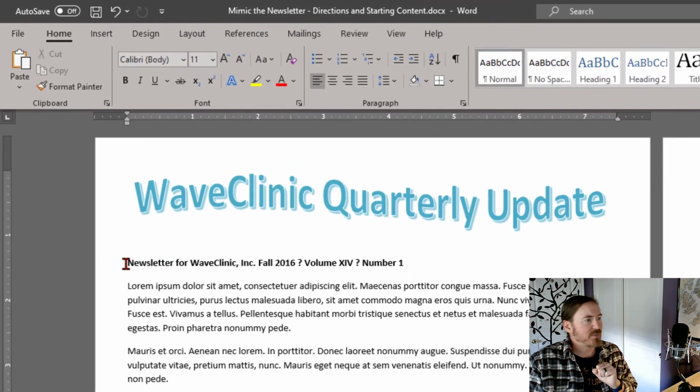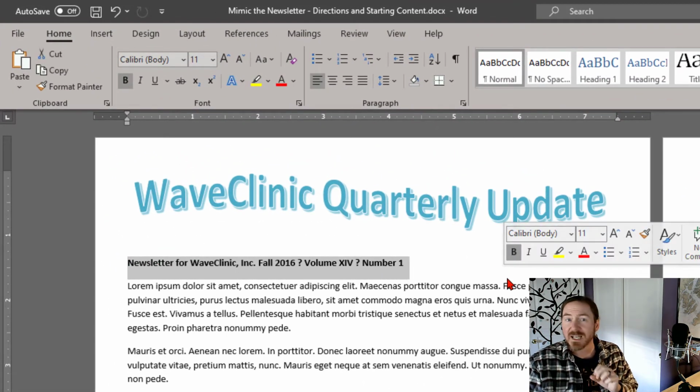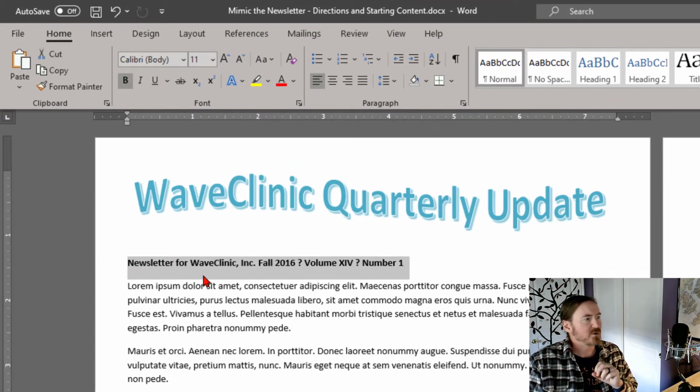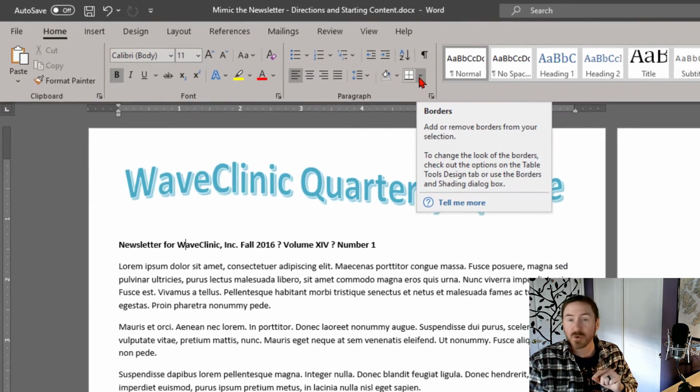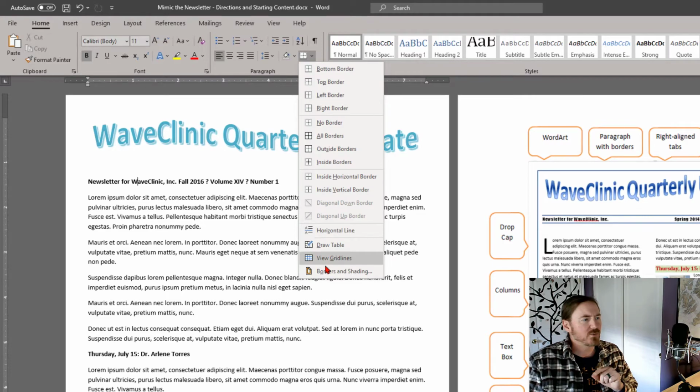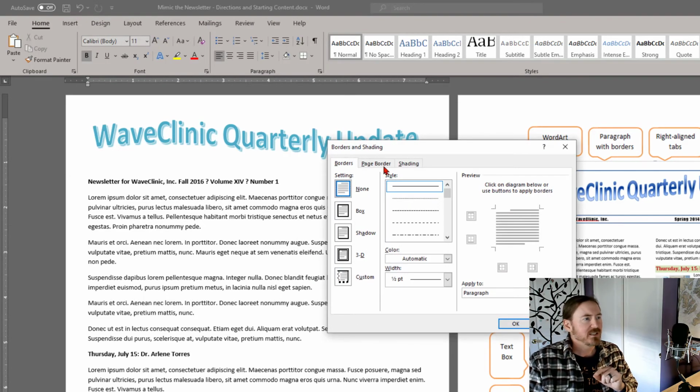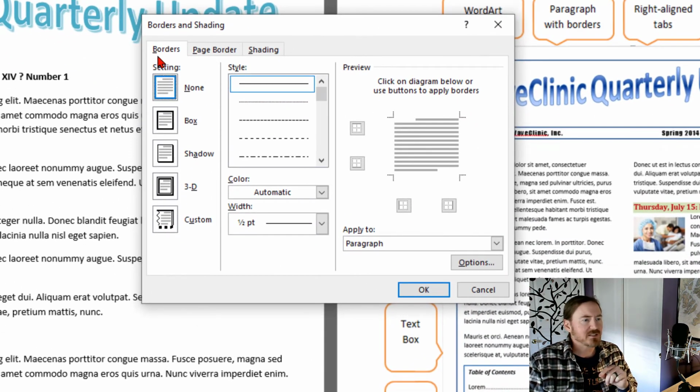And here's my paragraph, and I want to put a top and bottom border on it. So I don't technically need to select a paragraph. I could just click anywhere in the paragraph, and then I can head up to my borders tool, which is on the home ribbon. I'm going to go all the way down to borders and shading, and I'm on the borders tab. That's good. Let's see, I'm going to choose a bluish border, and I'm going to make it a